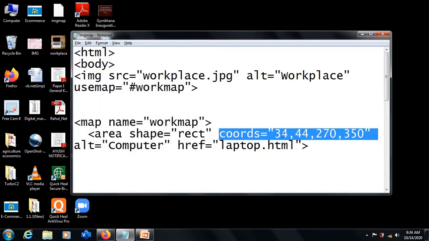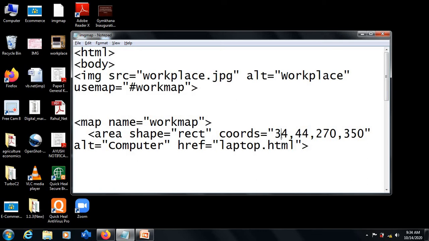So the coordinates that I have mentioned are 34, 44, 270 and 350. Now, how to understand coordinates is, you will have to start understanding the coordinates from left. That is, from left I have started from 34th pixel.